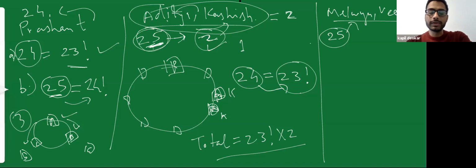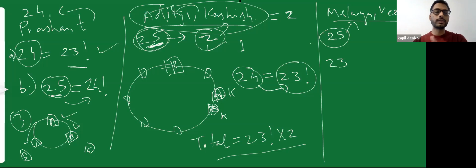There are how many people? 25 people are there for the dinner. Out of it, I'm having three friends to be together. So if I want three people to be together, what am I going to do? I'm going to consider them as one unit. Tie them together, consider as one unit. So how many units will I have now? Out of 25, I consider 3 as 1. So the number of units is going to be 23 units.